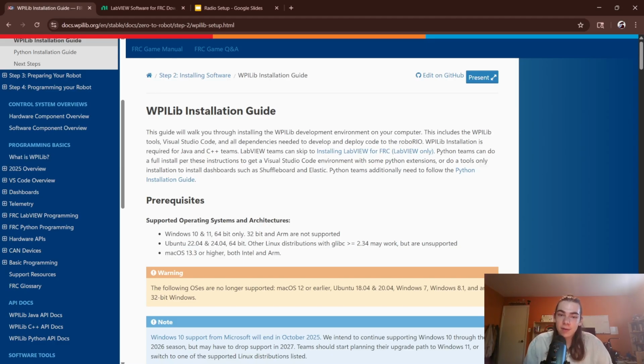Today we are going to be covering the preparations and everything you need to do before you start actually writing code for the robot. To start, we need to download WPILib. This is where all of our code will be written for FRC, so it is imperative that we have it